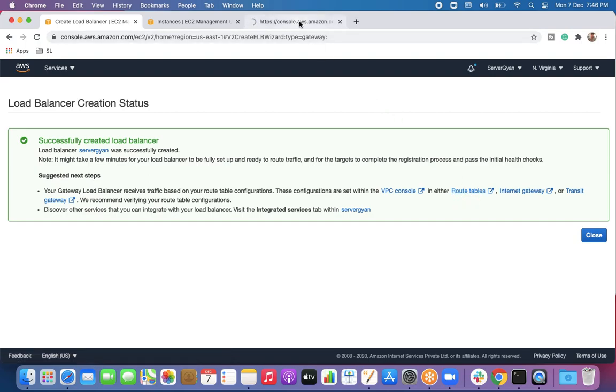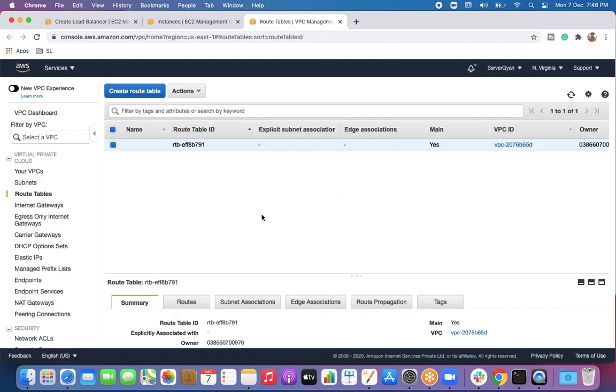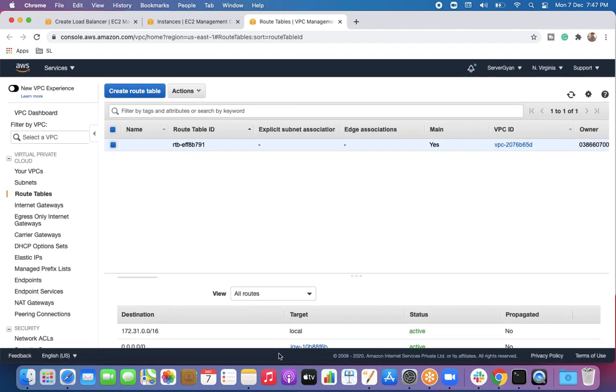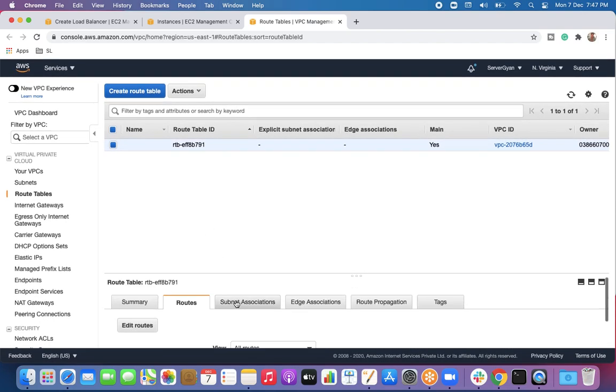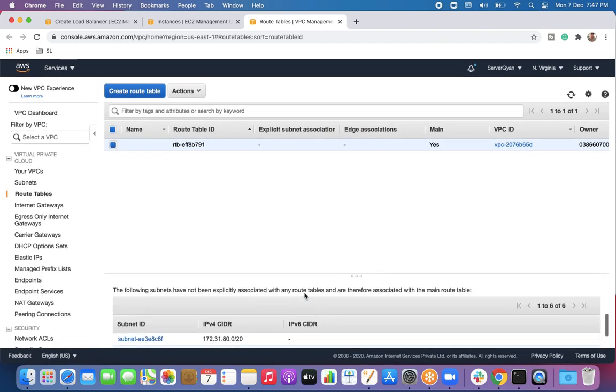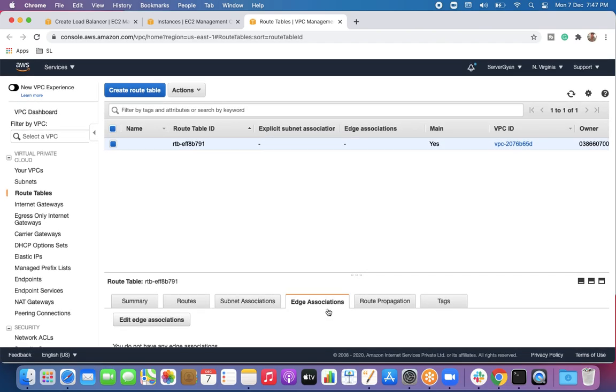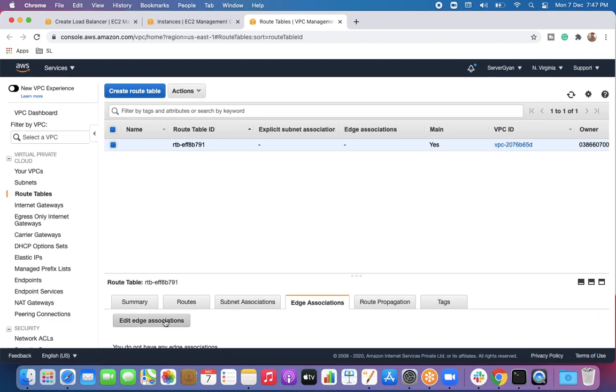So if I hit route table here, I'll have to modify my route table to decide from where I'm going to accept traffic, and what are the particular port numbers which are going to be responsible for letting traffic reach my load balancer. Then I'll have to configure here. So these are the particular servers which we have. We have these two ports whitelisted, right? Moreover, if we talk about subnet association, by default all the subnets are associated with the default route table only. If you have any edge service, you can configure that as well, and route propagation and tags. So these are the default features of VPC which we have already discussed, right?